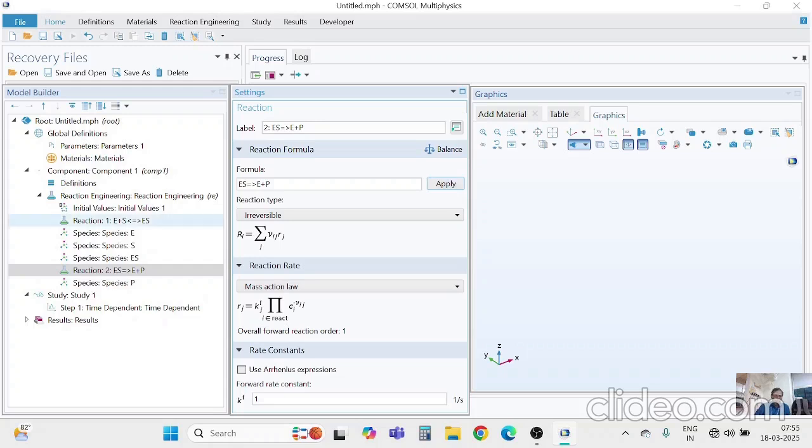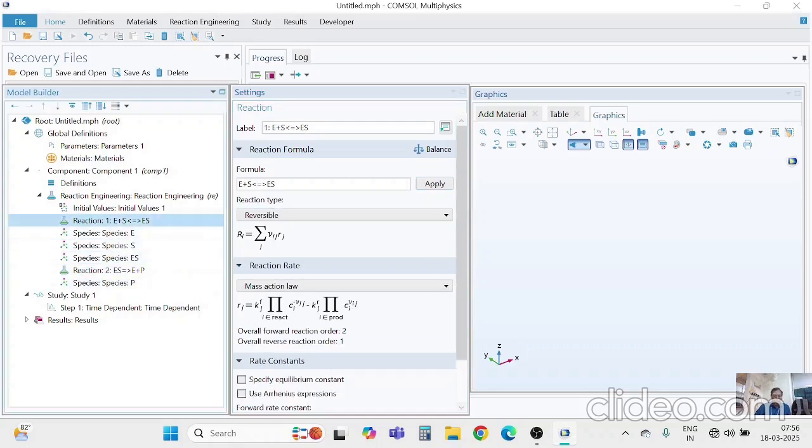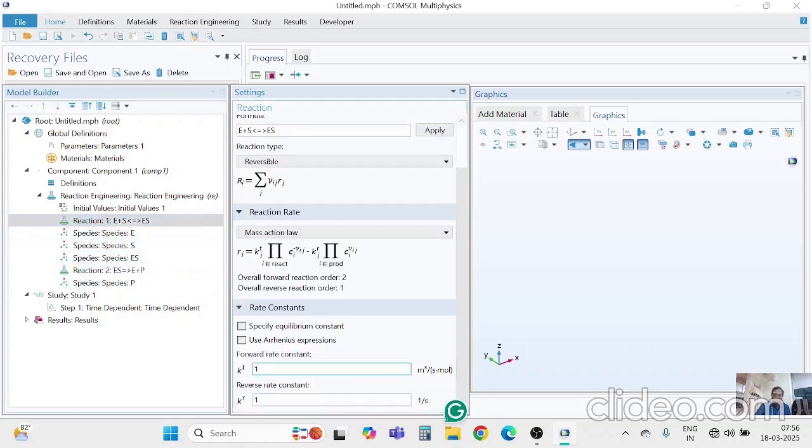So there are two steps of reaction. Enzyme and substrate react and give the enzyme substrate complex. This is going to be an unstable form. Both forward and reverse reactions are taking place. The next one is the intermediate complex, which undergoes further reaction to enzyme plus product. It is an irreversible reaction. The rate constant for this, let us consider the rate constant